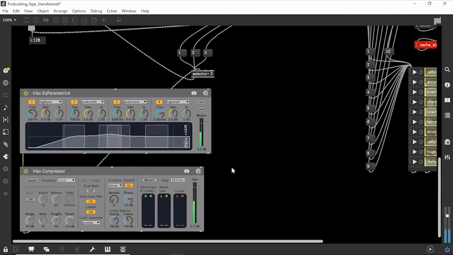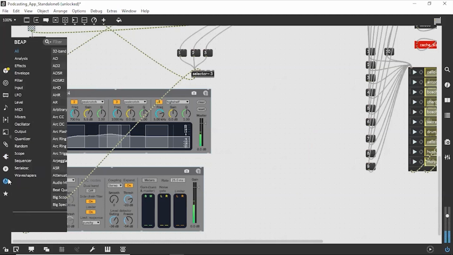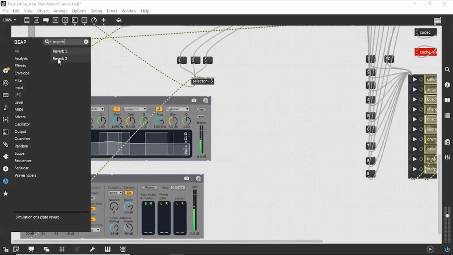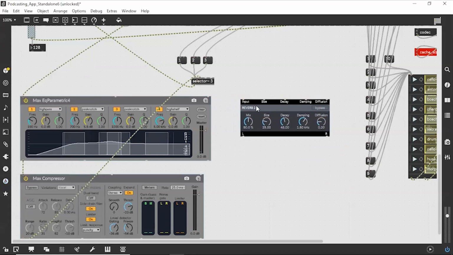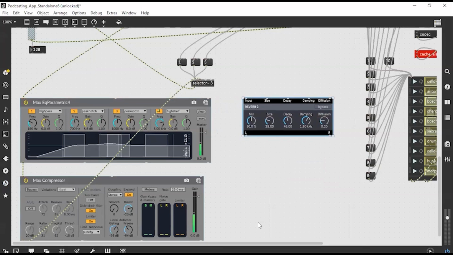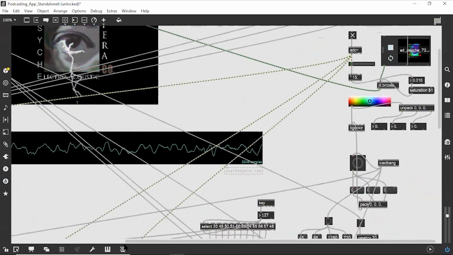So in the course of your podcast, you might want to add some fun effects like reverb for that monster truck commercial sound. So let's do that. All right, so we're going to navigate to our Beep plugin menu and type in the word reverb. I'm going to use the Reverb 2 module, or the Reverb 2 plugin, excuse me. And I'm going to connect the Reverb plugin to my ADC tilde. So we go out ADC tilde